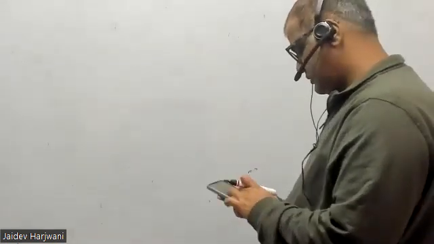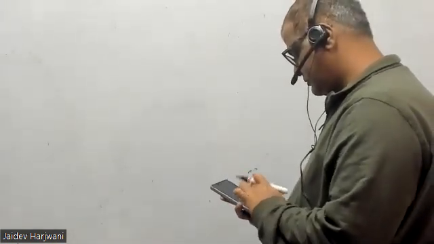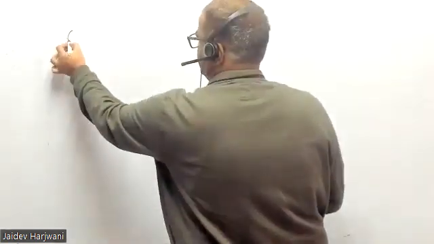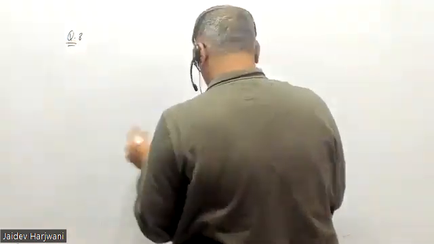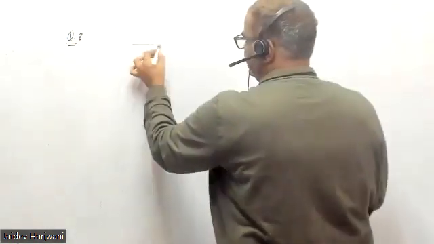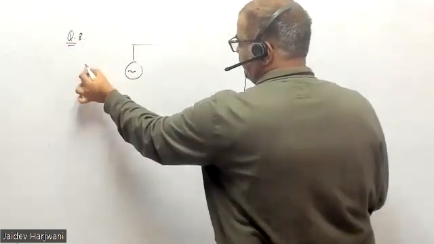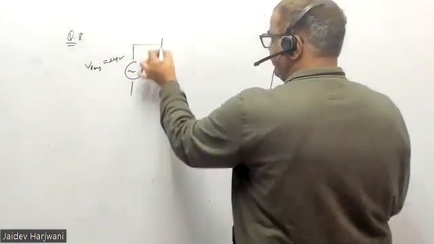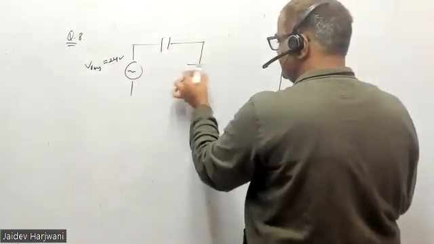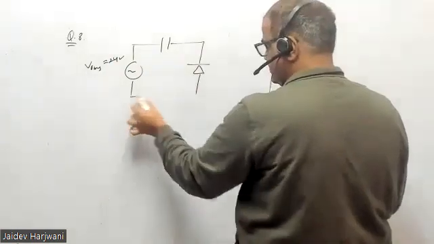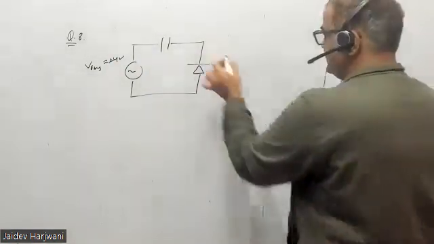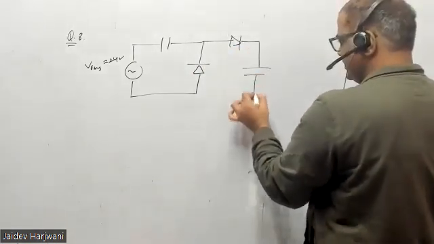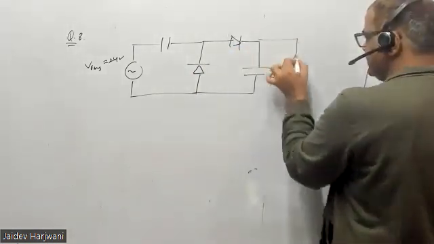And let us question number 8. So what is question number 8? In question number 8, you have been given an AC source, and its VRMS is given as 24 volts, okay? They put on a capacitor here. This is a diode here, okay? And this is a diode here, and these are all ideal diodes. This is C and this is R,